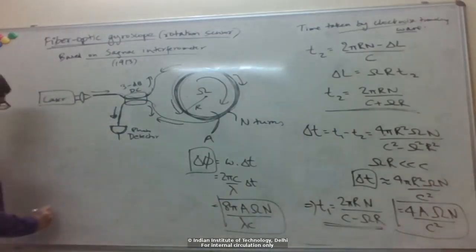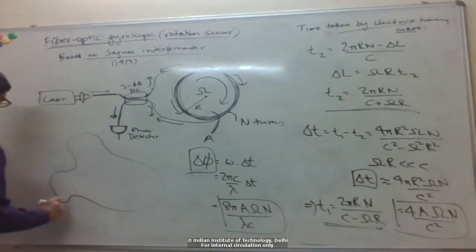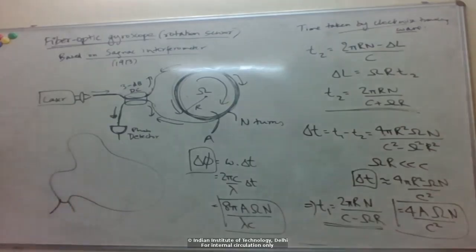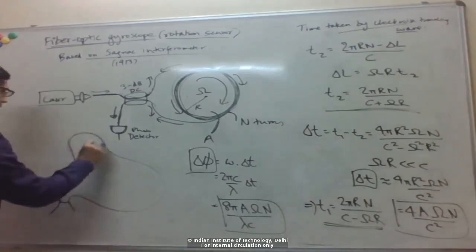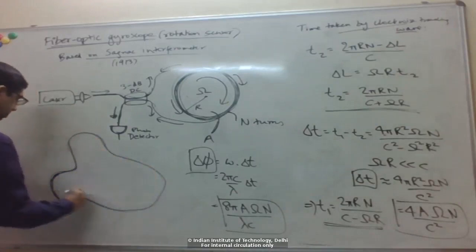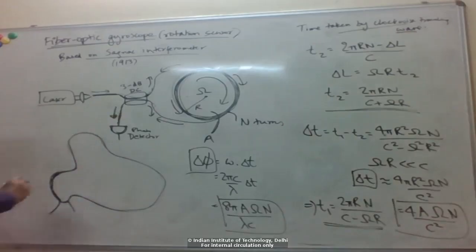Okay. So what you could do is you could have a loop of any shape. Also, the medium could have any refractive index. Okay, so for example, this could be fiber or any medium that you want with some refractive index. Okay, so